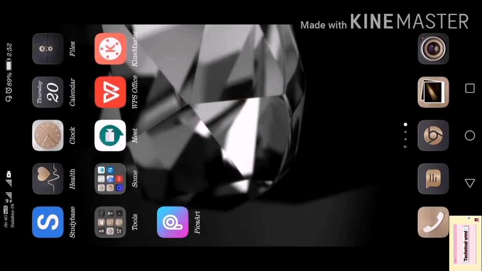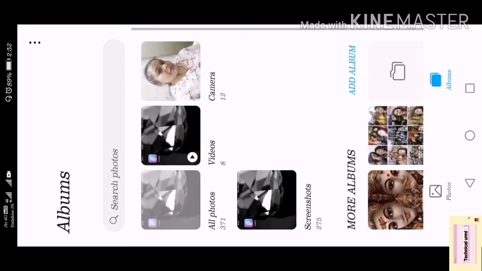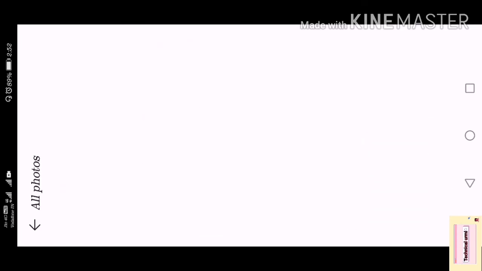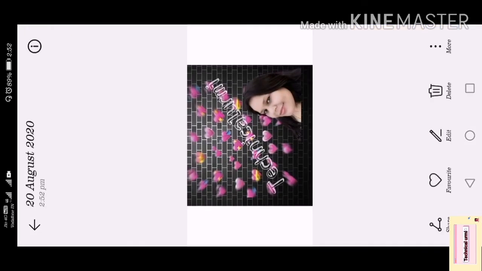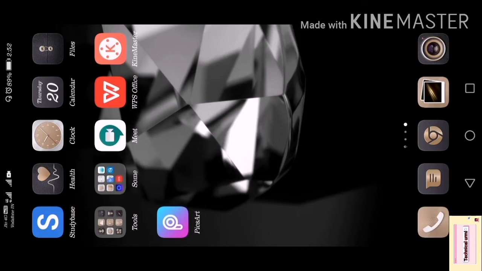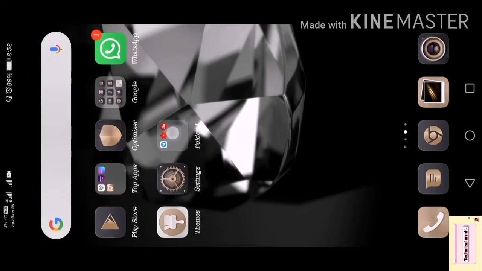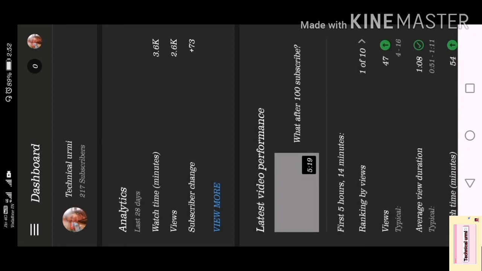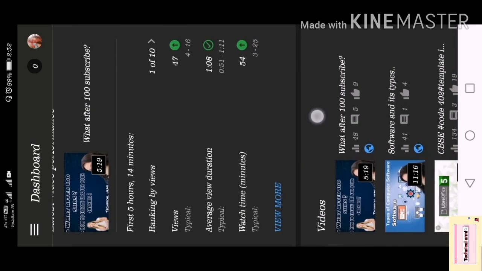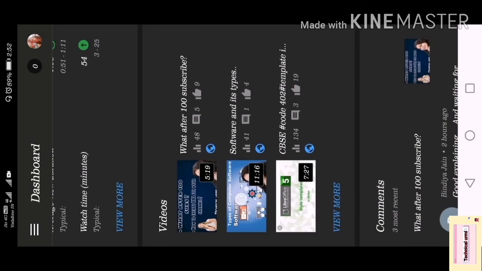Go to your gallery there. In the gallery you can see this picture here. Now how can we apply it? Just go to your channel in YT Studio. You can download YT Studio from your Google Play Store. In this, you can select any video where you want to change the picture. I'm selecting this one.